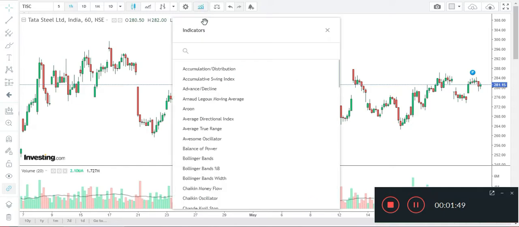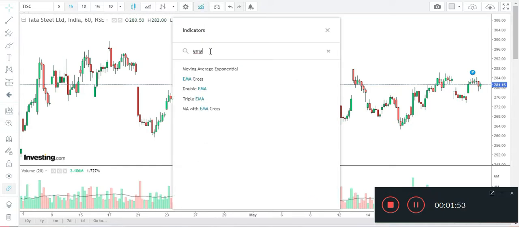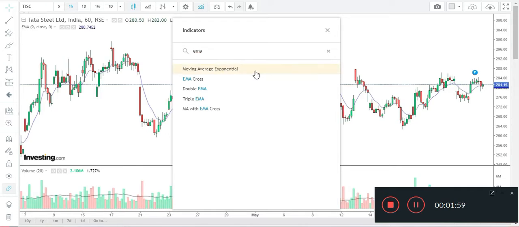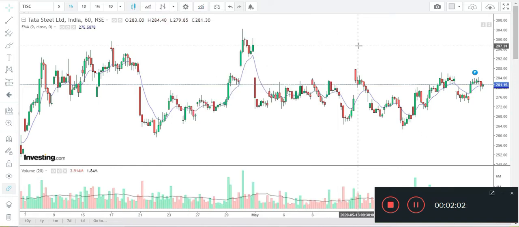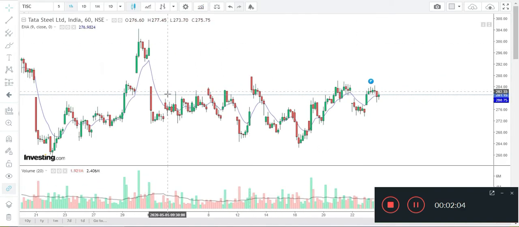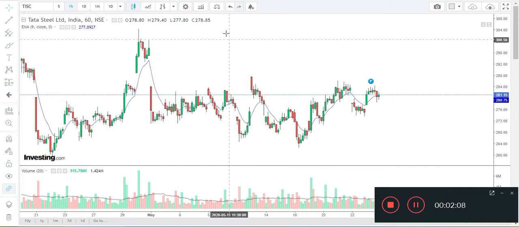Then you can add any specific indicator that you have in mind. For the time being, I'll add an EMA indicator, that is the exponential moving average, right? You can actually see the EMA plotted on the chart here.